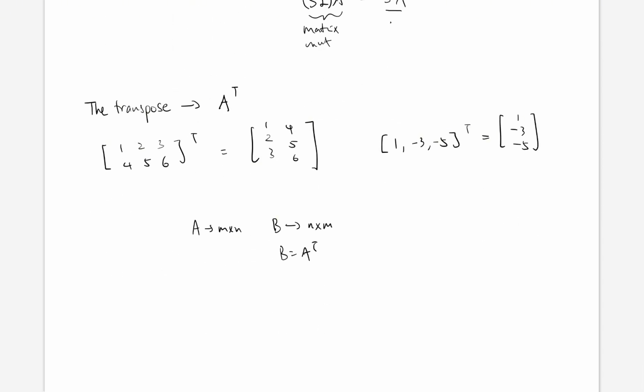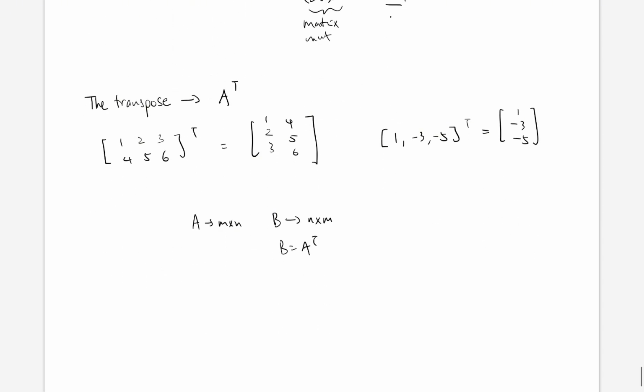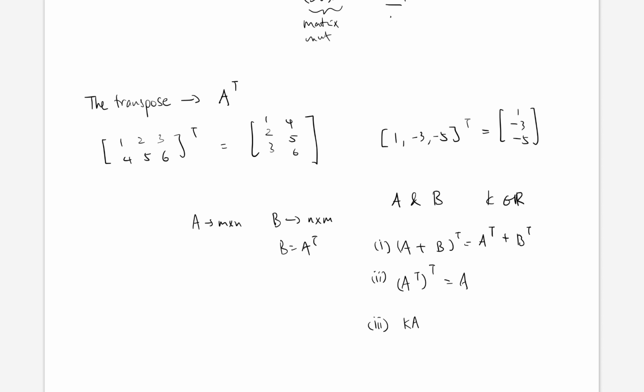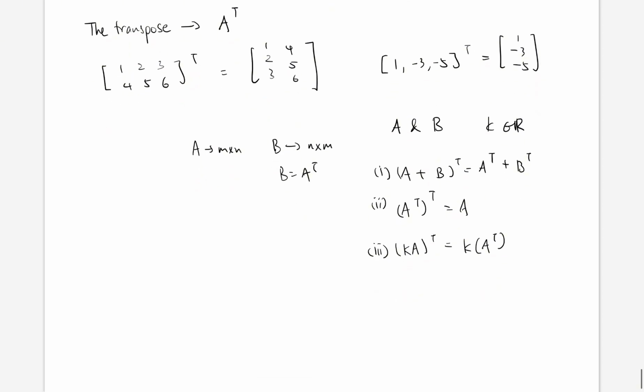There are some properties of the transpose. If A and B are matrices and k is a scalar, when the sum and product are defined, you have 4 properties. So firstly, taking the transpose of the sum is the same as adding up the respective transposes. Second property, if you take the transpose of the transpose of the matrix, you get your matrix back. This should be obvious. If you have a scalar multiplied by a matrix and you take the transpose, it is the same as multiplying that scalar by the transpose of the matrix. This is also obvious. So this next one is going to be important. It says that the